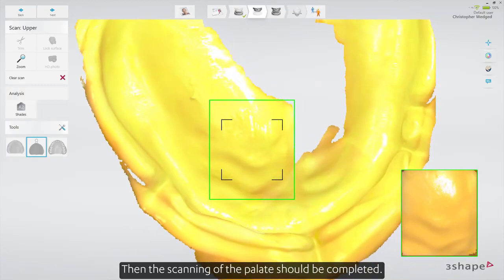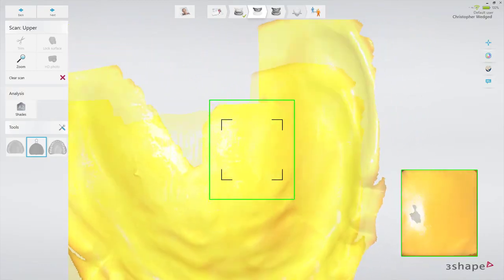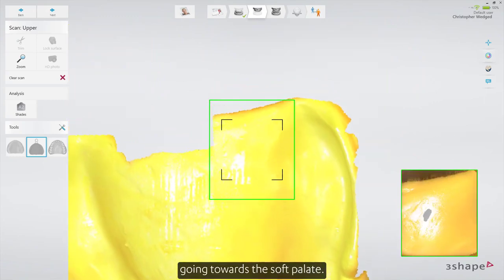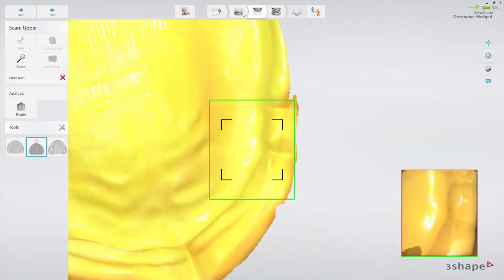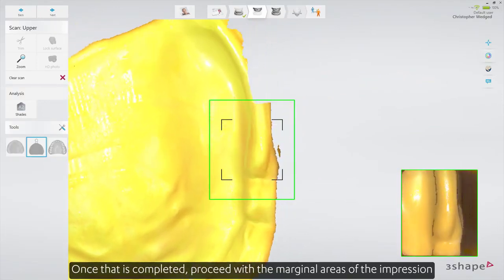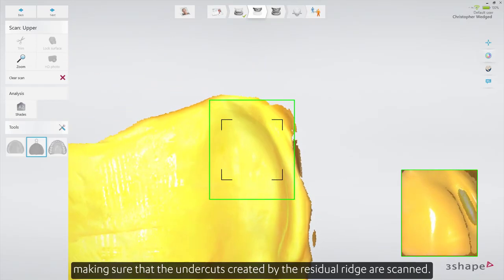Then the scanning of the palate should be completed, starting from the middle line area, going towards the soft palate, scanning from one side to the other. Once that is completed, proceed with the marginal areas of the impression, making sure that the undercuts created by the